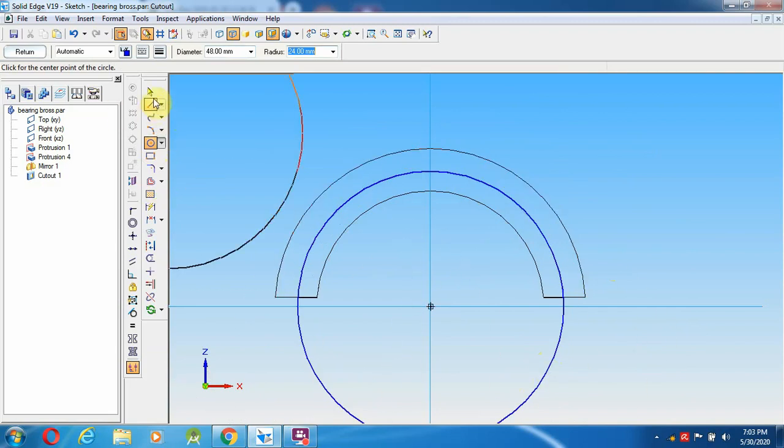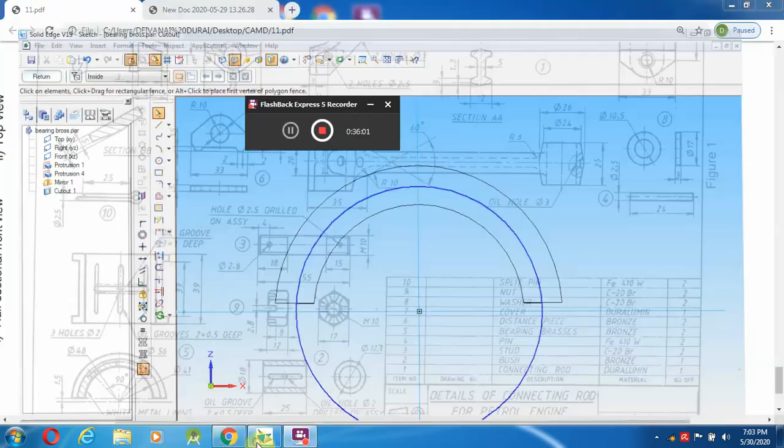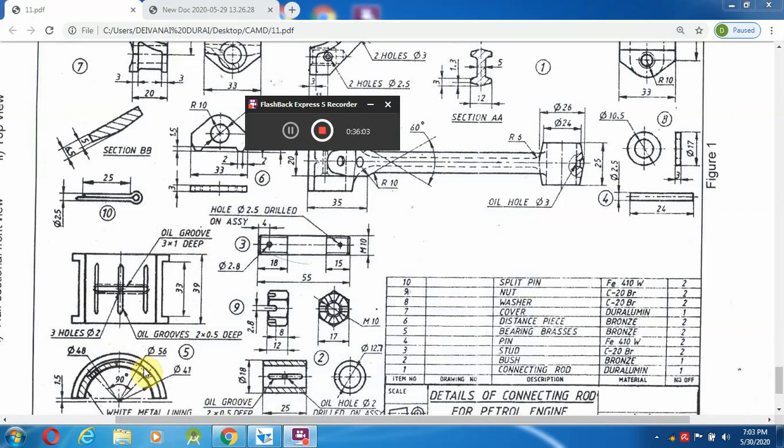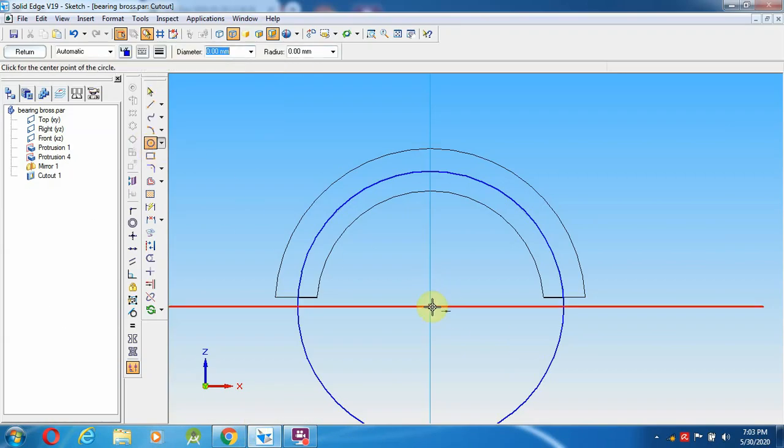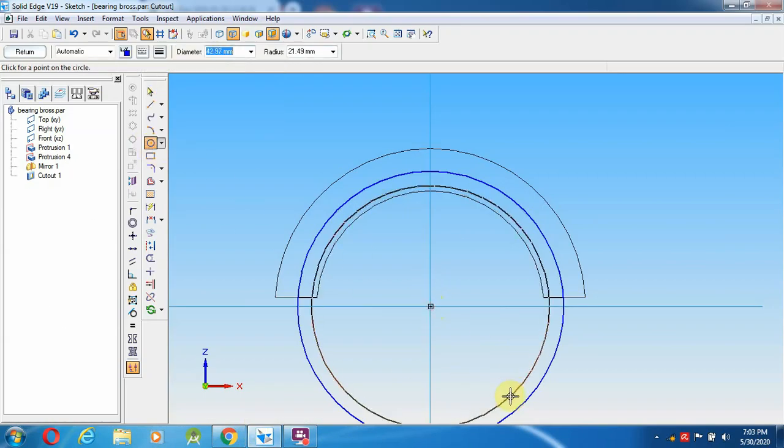Drawn the circle. Then what is the other dimension? 48. So that is the oil hole. It comes down. So oil hole 3 into 1 mm groove. So 3 means 48, 45 mm. You can select circle 45